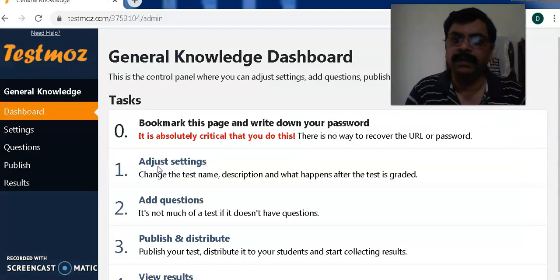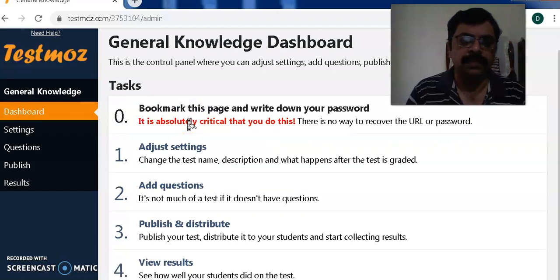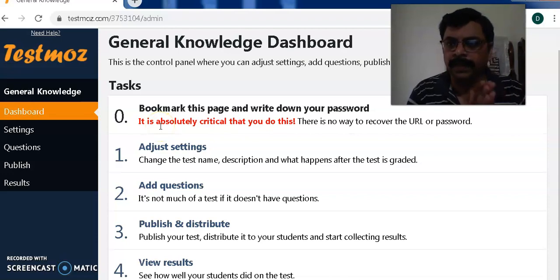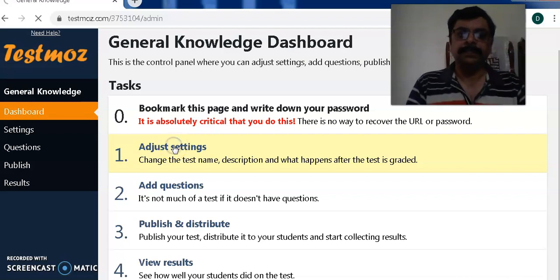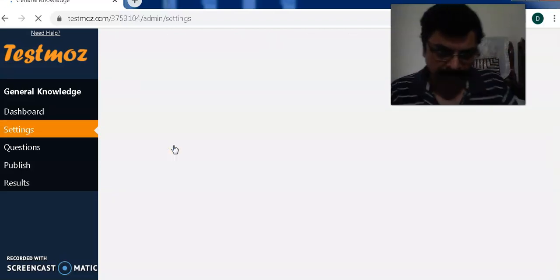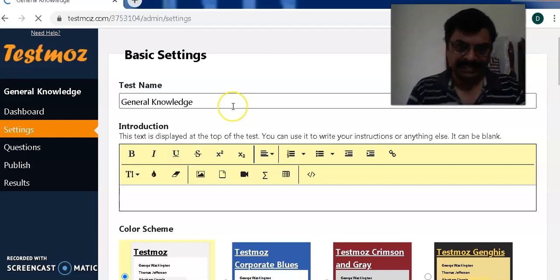Now when you click create test, this window will appear, which has all the features of this test. And the first one is, see, at 0 point, this is 0 because you have already created a password, so this part is over. Now the next is adjust settings. This is the thing which makes this tool a wonderful tool. See, the test name is general knowledge.